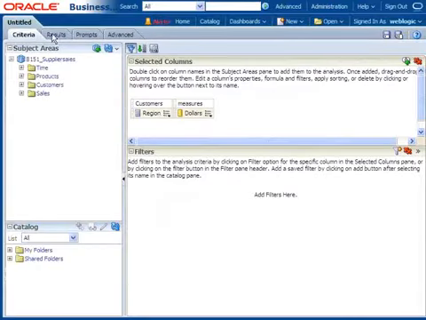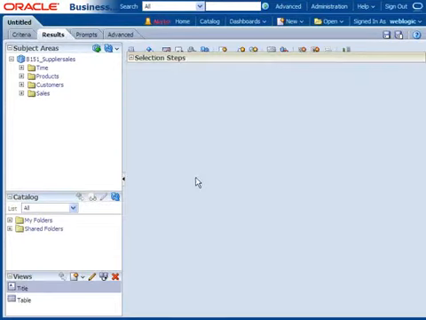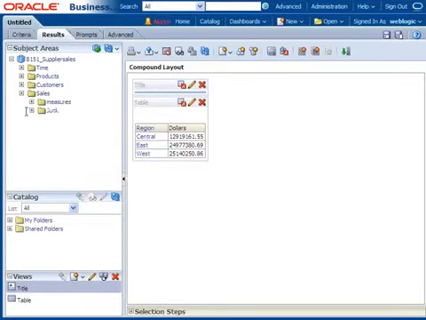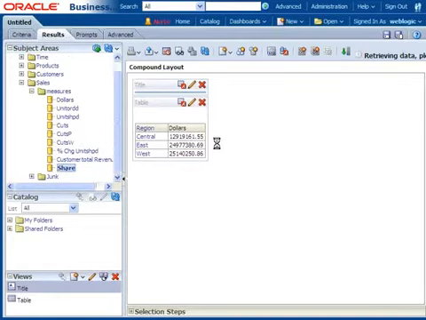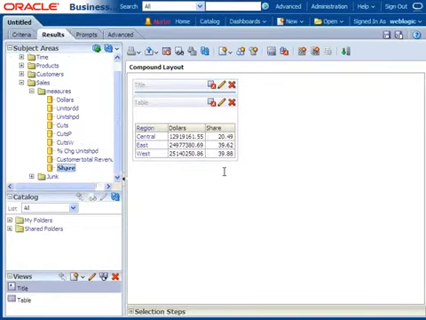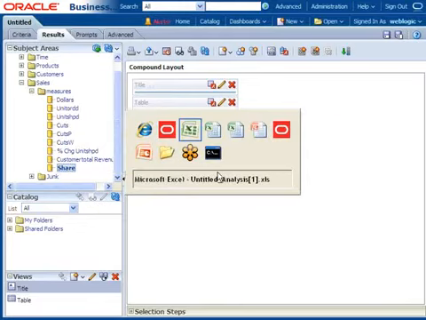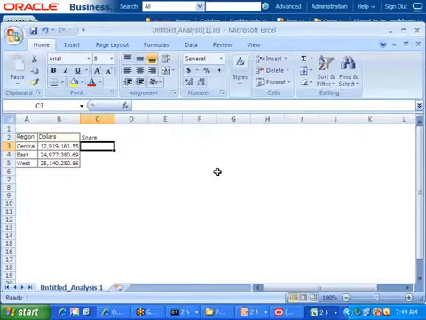Two columns are there. Click on results, and we get the region dollars. Now the next column: what do I want? I want the share. Click on the share calculation, and the share automatically comes as 20.49. Yes or no? If you calculate this manually, you also get the same. I mean to say, this is what I want to calculate manually.